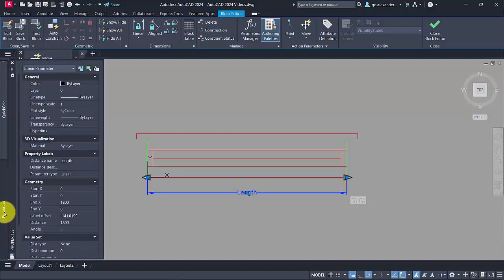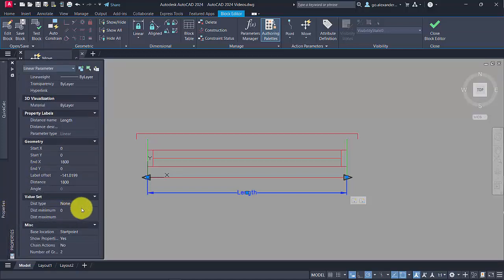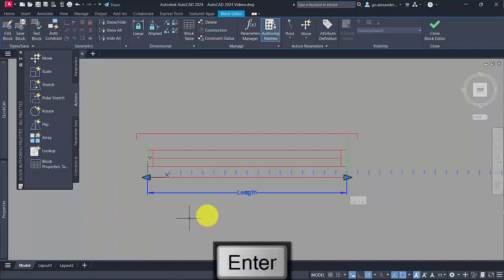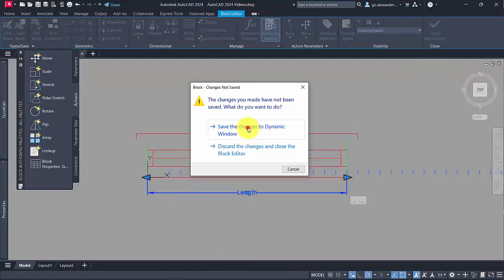So let's go to properties again, and in terms of the value set, we can click on that box and change it to increment. We can make the distance increment 100 millimeters. The minimum, we'll set as 200, and the maximum, well, we set it as 4,000. That's probably more than sufficient for this project. So at this stage, everything should be ready. Let's close the block editor, save the changes,